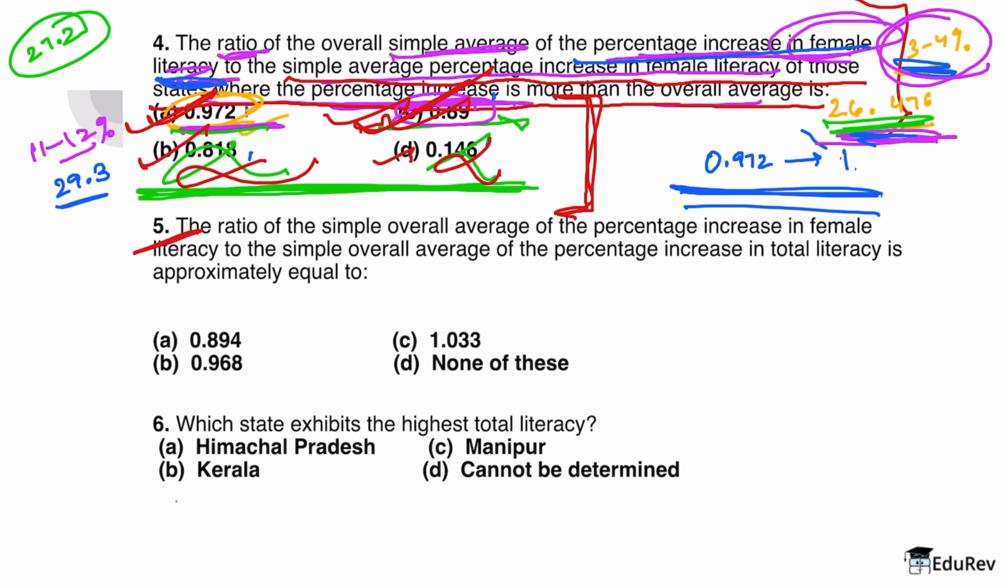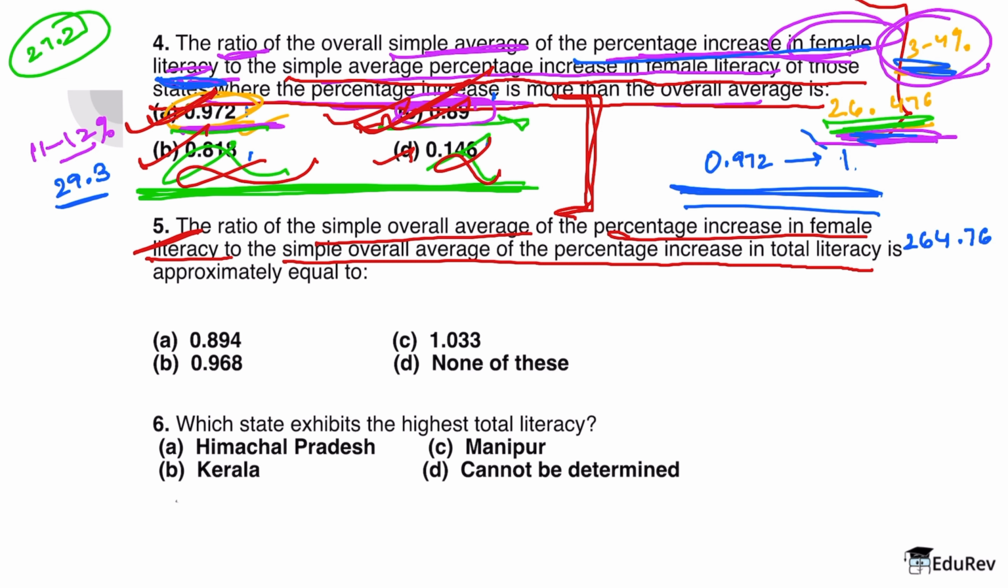So let's come to question number 5. The ratio of the simple overall average of percentage increase in female literacy to the simple overall average of percentage increase in total literacy is approximately equal to what? Now we have already calculated the total of the female literacy. What is it? You people have to tell me. Correct. Come on. What is the total of the female literacy column? We just calculated it in the previous question. Exactly, it's